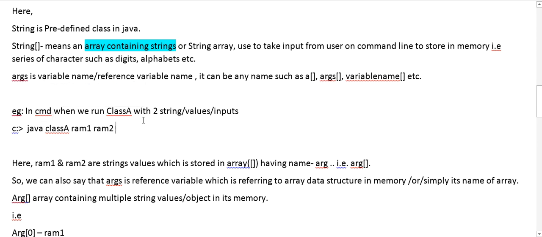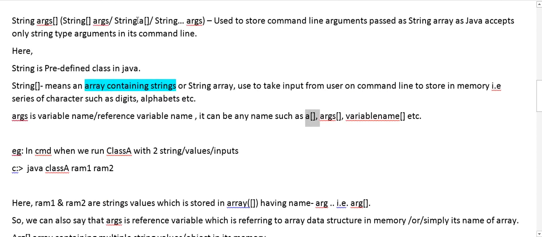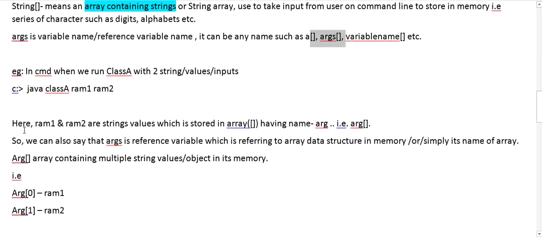By args, I have already mentioned that it is a variable name, or it can be any name. And what we are talking about, like ram1, ram2, can be any string value.